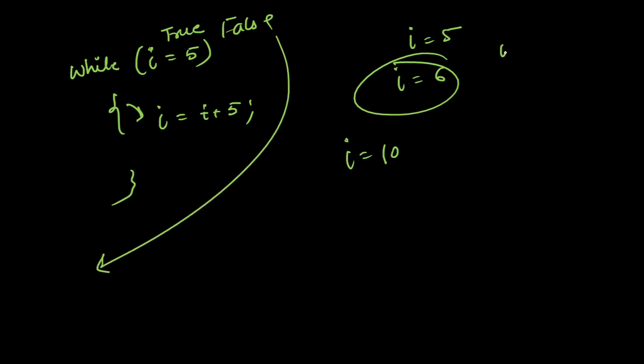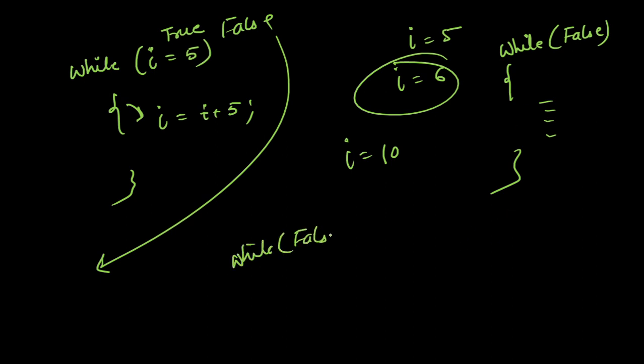So now if it is while false, I will not go inside this loop, I'll just simply come out. So what has happened here is while false. What will happen, as soon as the condition becomes false, I will come out of this loop. Okay. If it were true, I would have entered again and again. Yes or no?